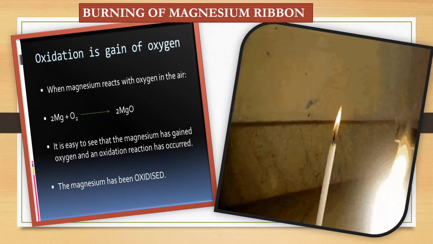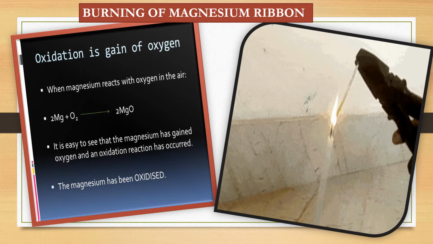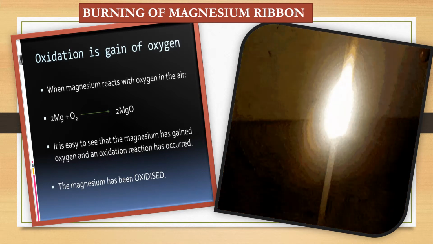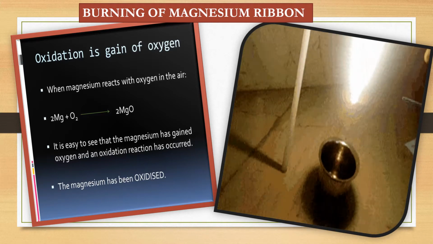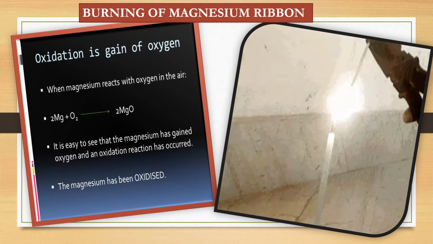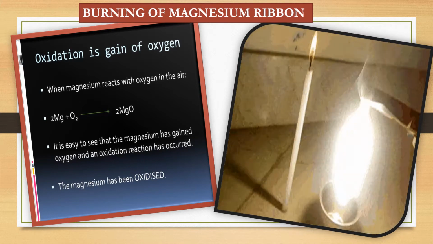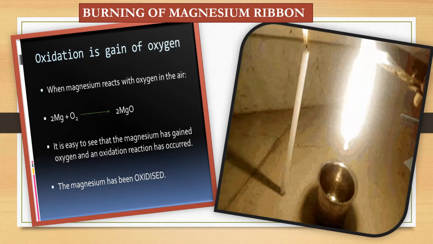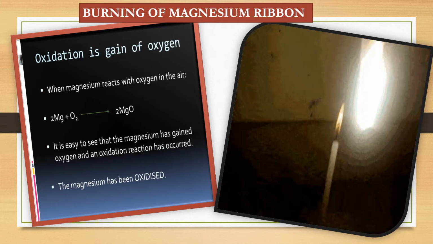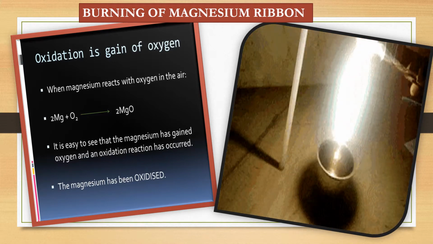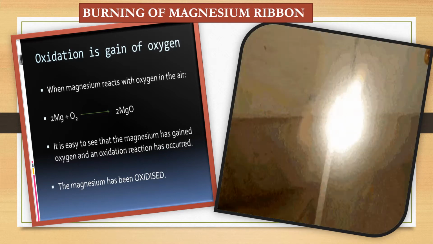First, I am starting with burning of magnesium ribbon. When magnesium reacts with oxygen in air, magnesium oxide or MgO will form. The reaction is 2Mg plus O2 gives 2MgO, or magnesium oxide. So when magnesium reacts with oxygen in air, magnesium oxide will form. It is easy to see that the magnesium has gained oxygen and an oxidation reaction has